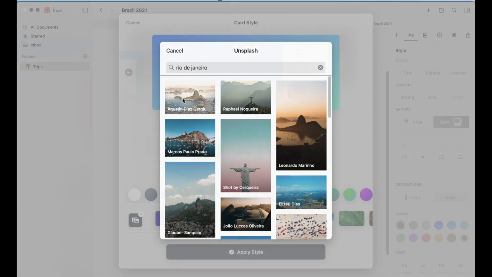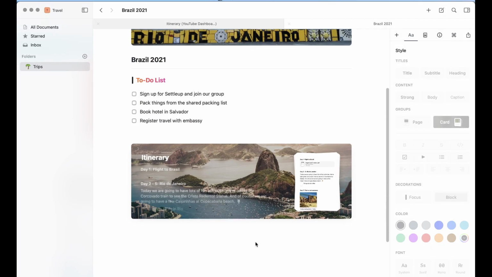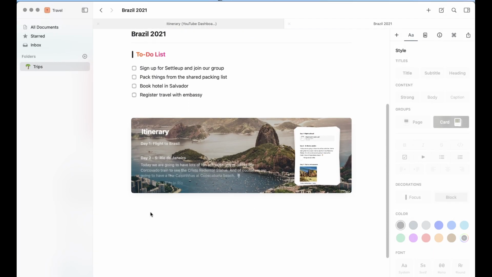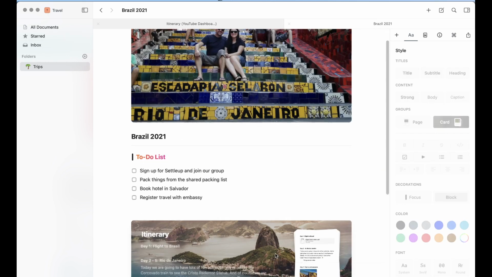So let's just go ahead and use this first one. As you can see, it will put it as a background to our card. And if I go apply style, my card shows up in here. And when I want to see it, I just double click on it and I'm immediately back at that page.